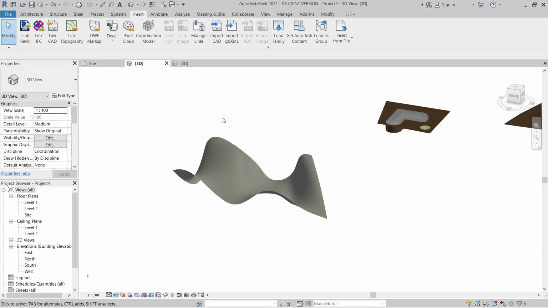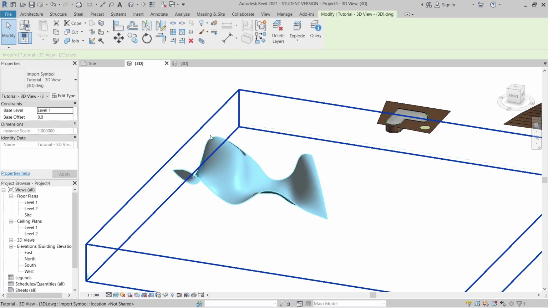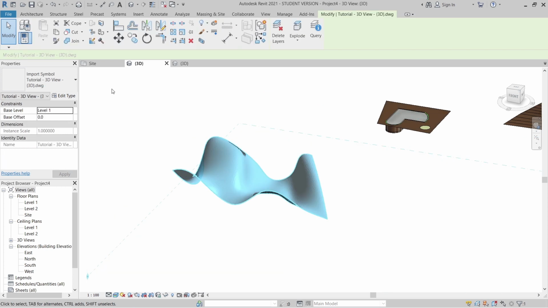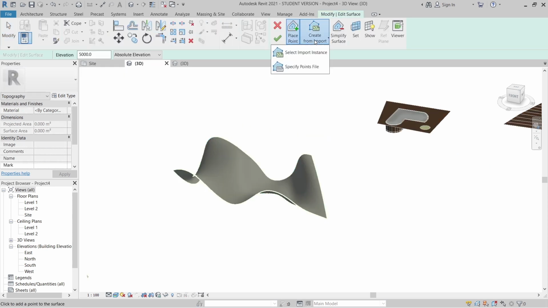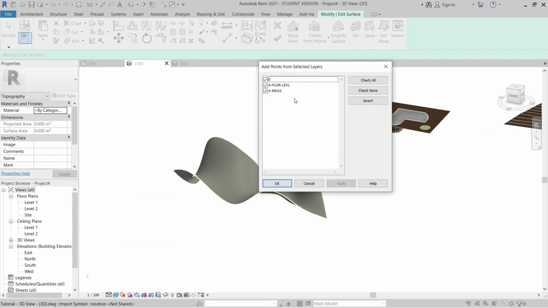So how could I change this one from a solid surface to our topo surface? I just go to my Massing & Site, then go to Toposurface, Create from Import tab, select Import Instance, select my surface here. Then I will uncheck for floor level. Basically the floor level is our elevation from our mask environment, and this one is layer 0.